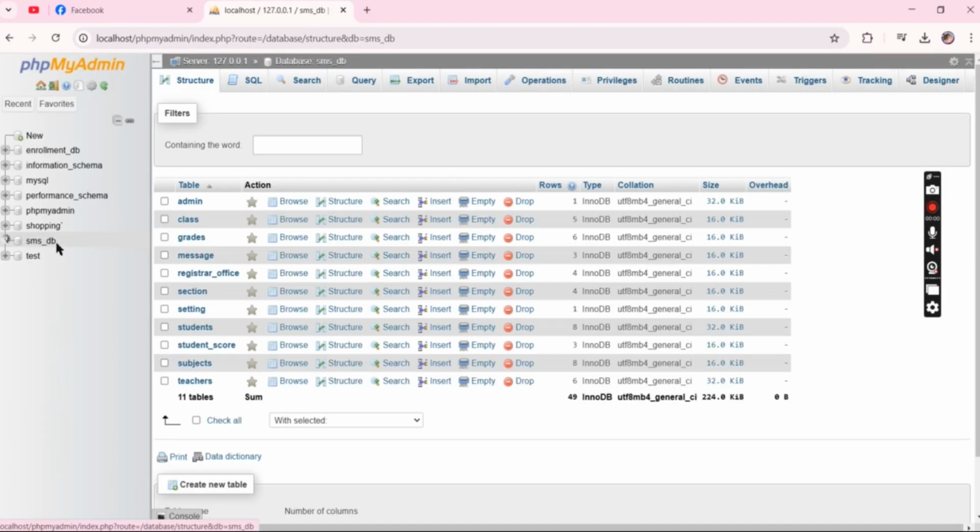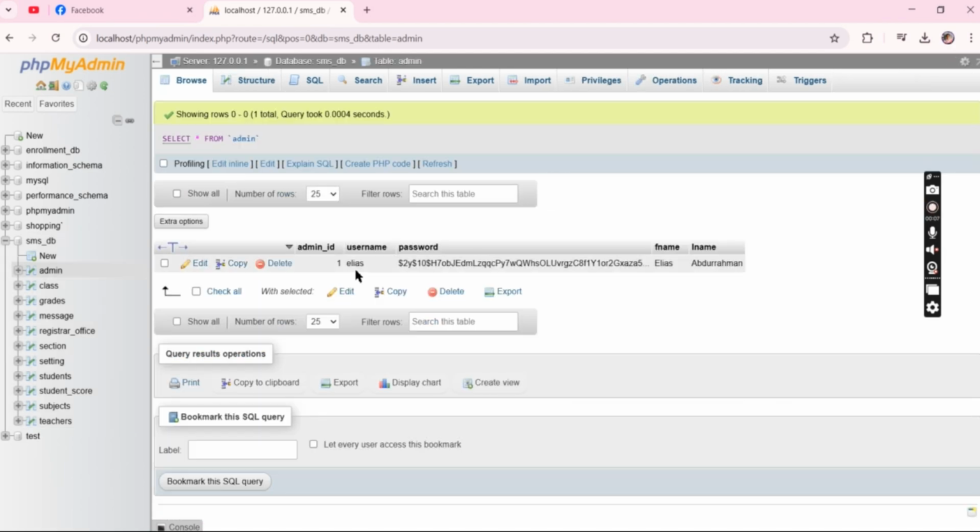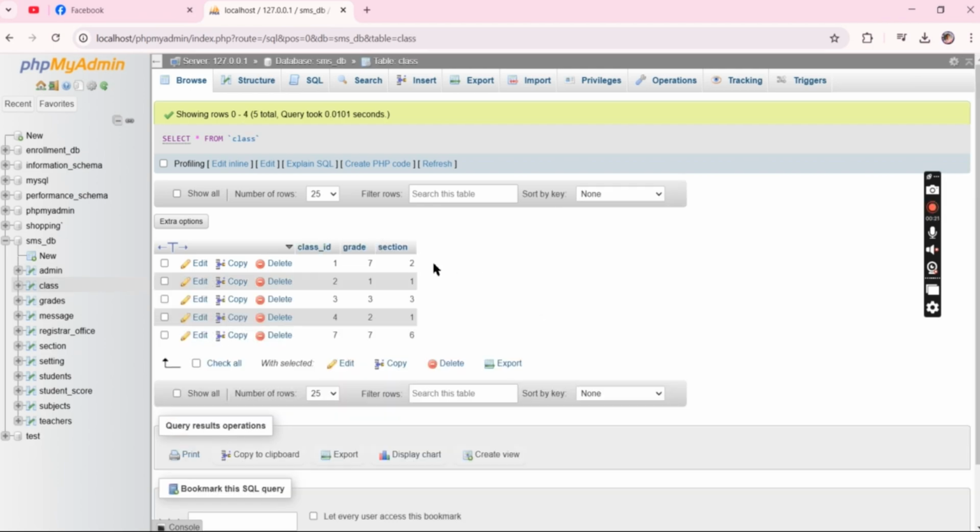SMSDB. There's the entity for admin, class, grades, message, registrar office, section, setting, student score, subject and teachers. For admin: admin ID, username, alias, password. For class, here's the class ID, grade and section.